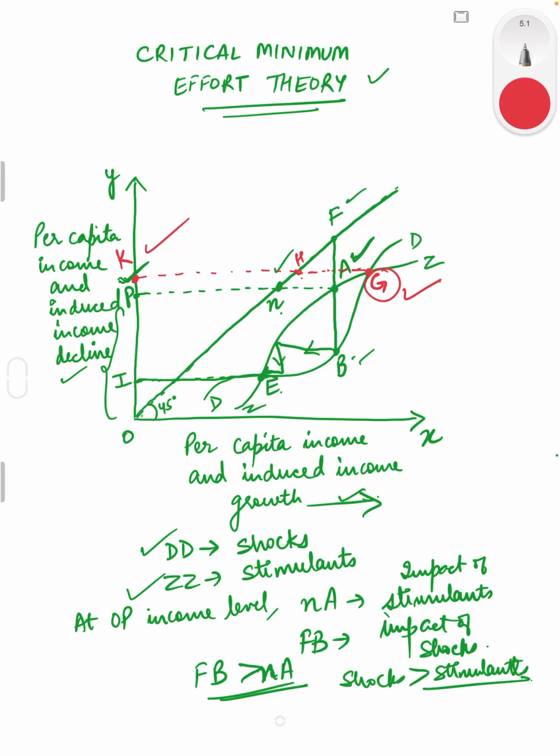And the impact of shocks, if I mark this as L, the impact of shocks LG is much lesser than what it was earlier, which was FB. So shocks will become weaker, stimulants will become stronger only if you put in a critical minimum investment which increases your income level to OK, right? So after this, the economy will attain a level of growth which will become self-propelling, or which